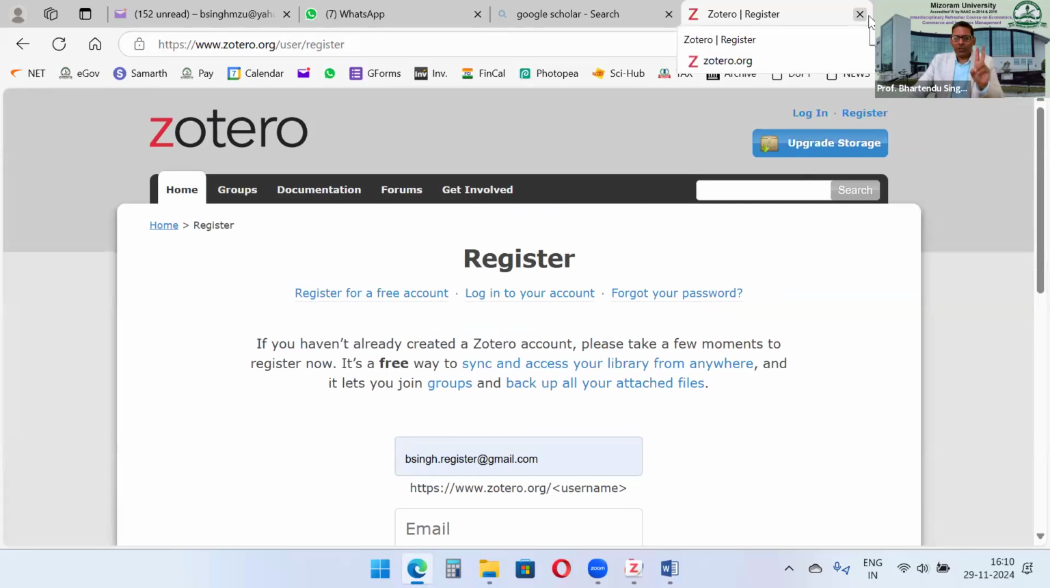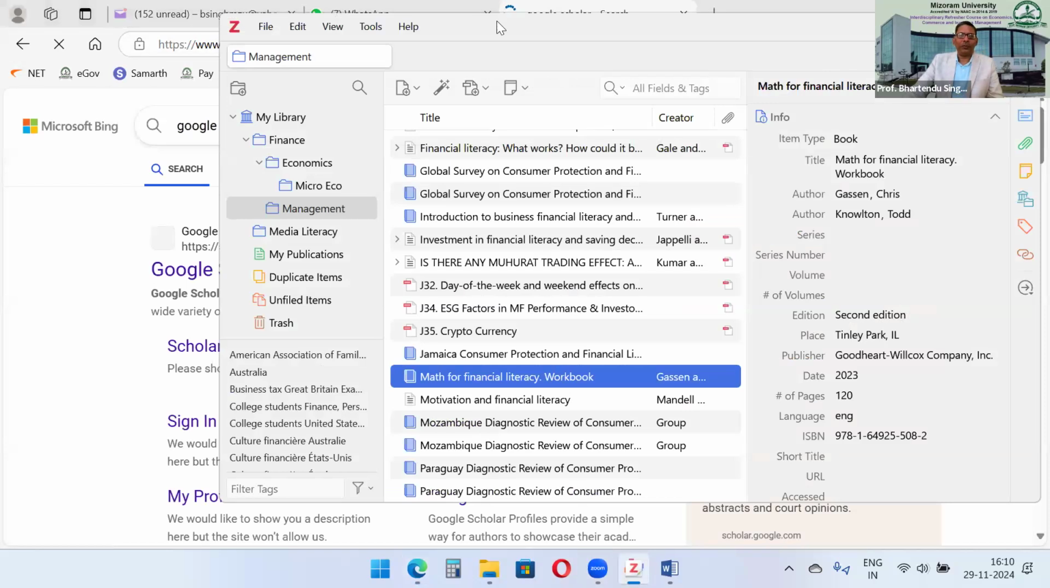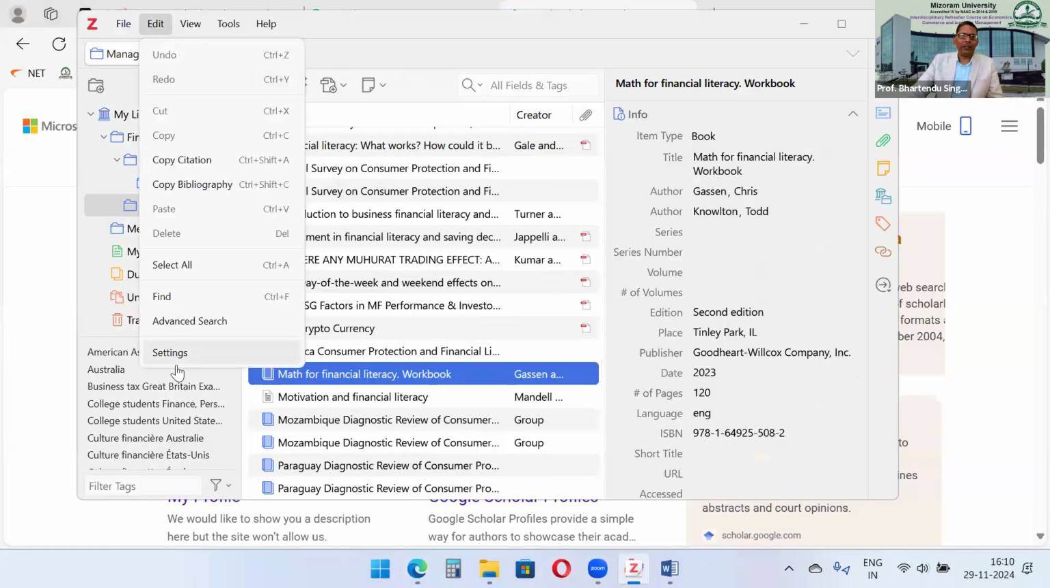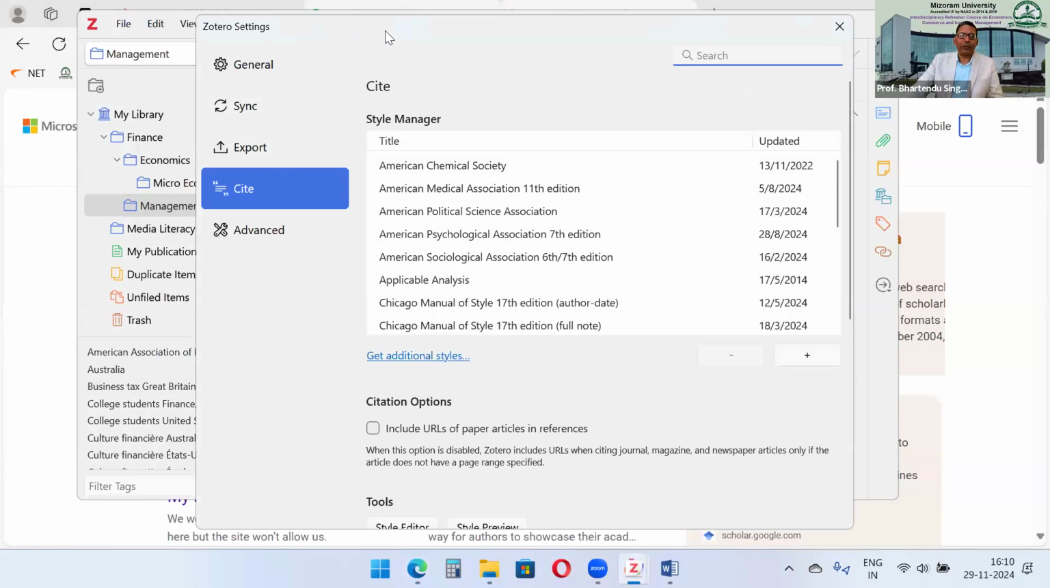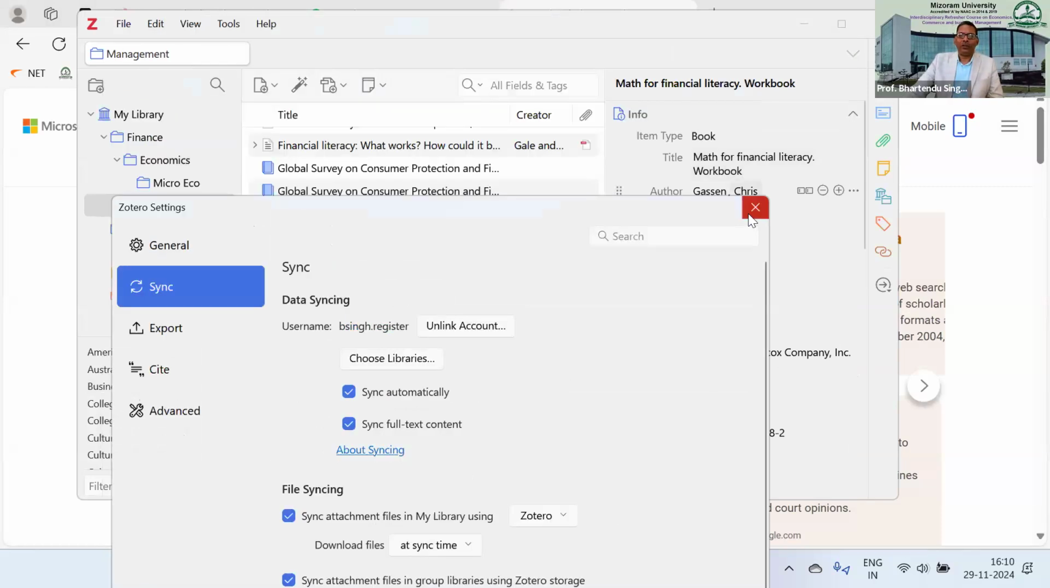Fine. Now use that username and password in your Zotero: edit, settings, and sync. Here you have to give that email address, which means you have to log in here. Fine. So what we did is,